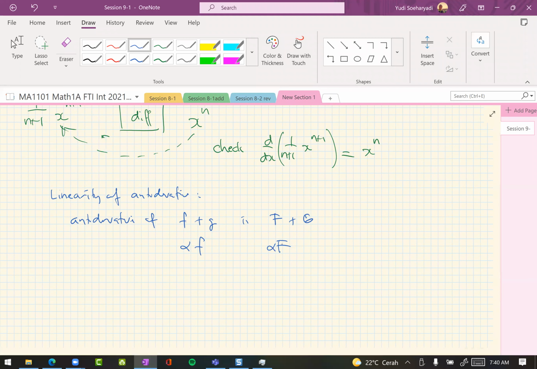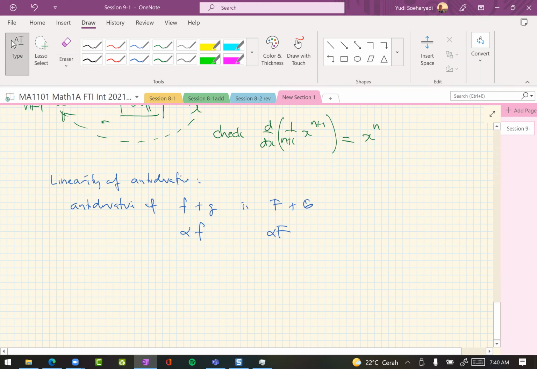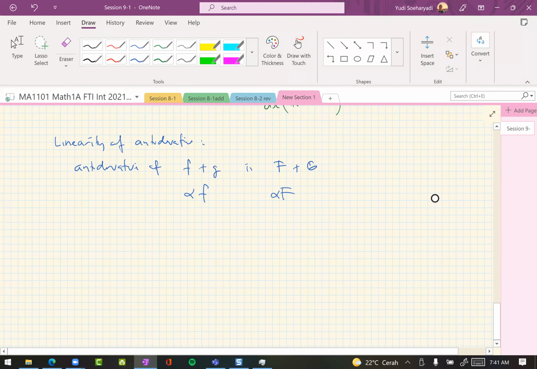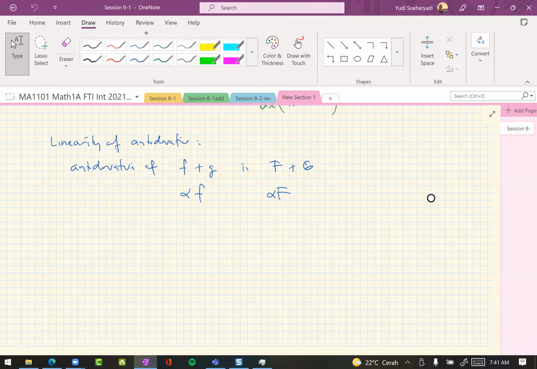All right. What the linearity rule is saying is that you can interchange the process of antiderivative with additions and with multiplication by a constant. So you can add first and then take the antiderivative, or you can find the antiderivative of each function first and then add them later. So that's the reason. Another example is,